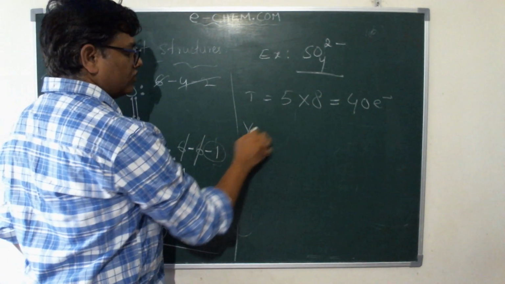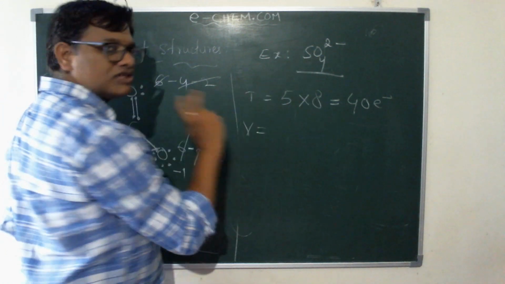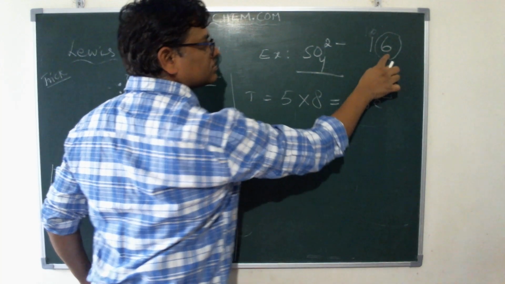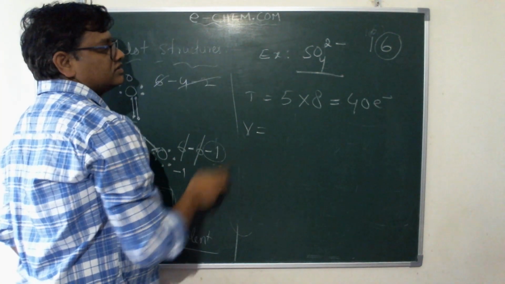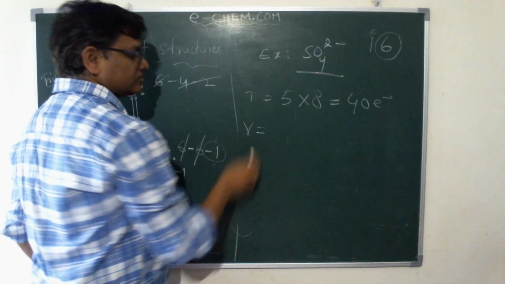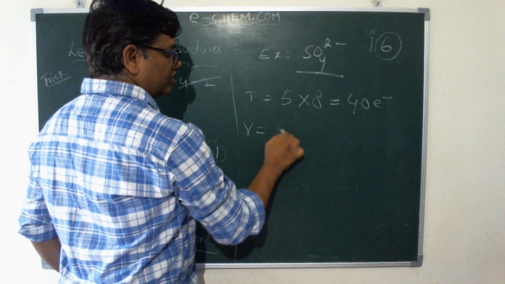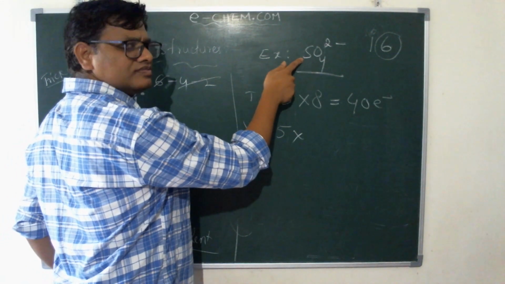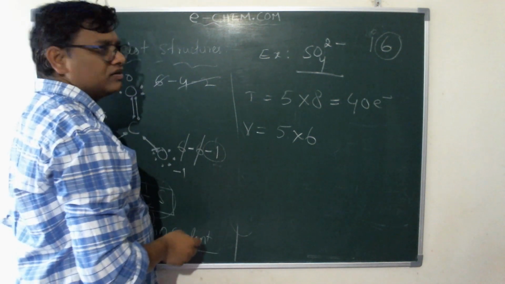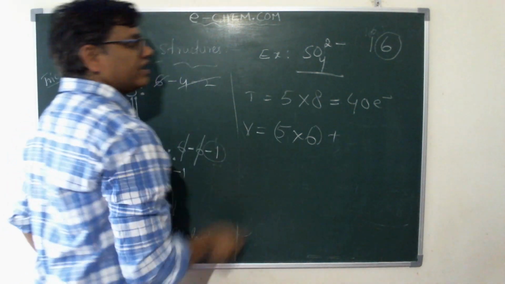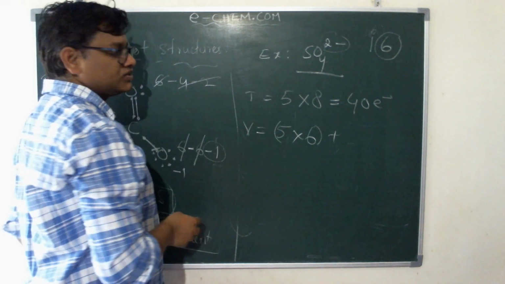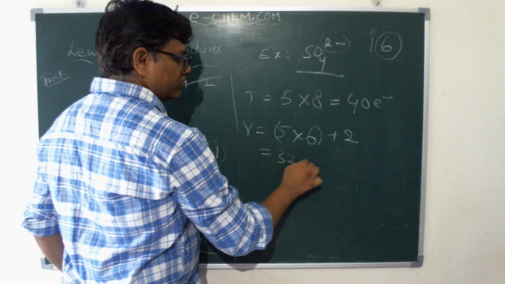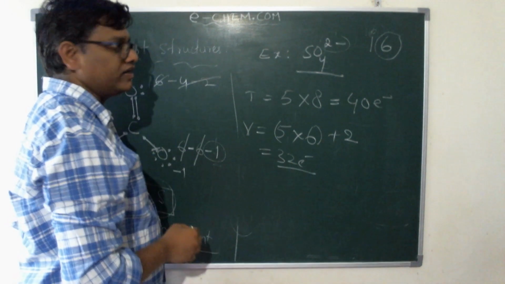Okay. Valence electrons. Sulfur and oxygen, both of them are 16th group elements. So the last digit of the 16th group is 6. So valence electrons will be 6 for sulfur as well as oxygen. So the total number of atoms is 5, and each atom has 6 valence electrons, right? Plus the negative charge we have on this, minus 2, will be added to that. So the total I am getting is 32 valence electrons for this sulfate ion.